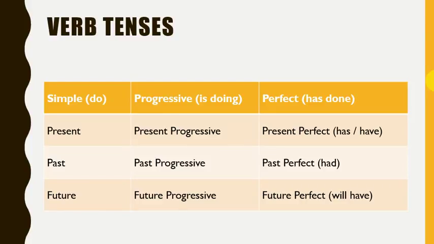So we've discussed the present tense here, and we've talked about the present progressive tense. And now it's time to talk about the present perfect tense, the has done or have done. So in terms of the overall picture of where we're going, this is the third item that we're covering right now, the present perfect tense.